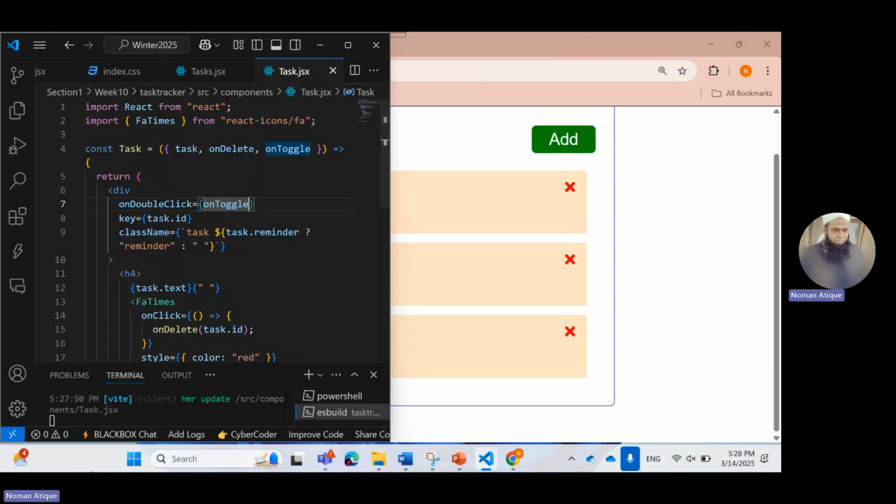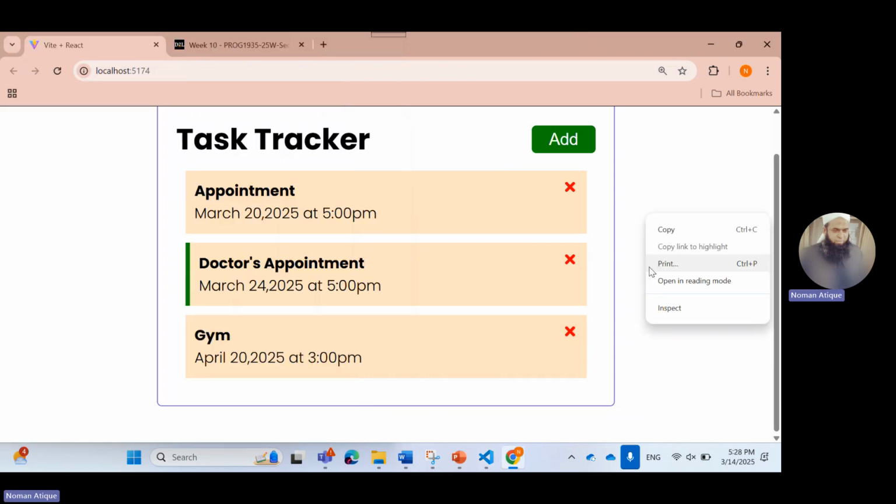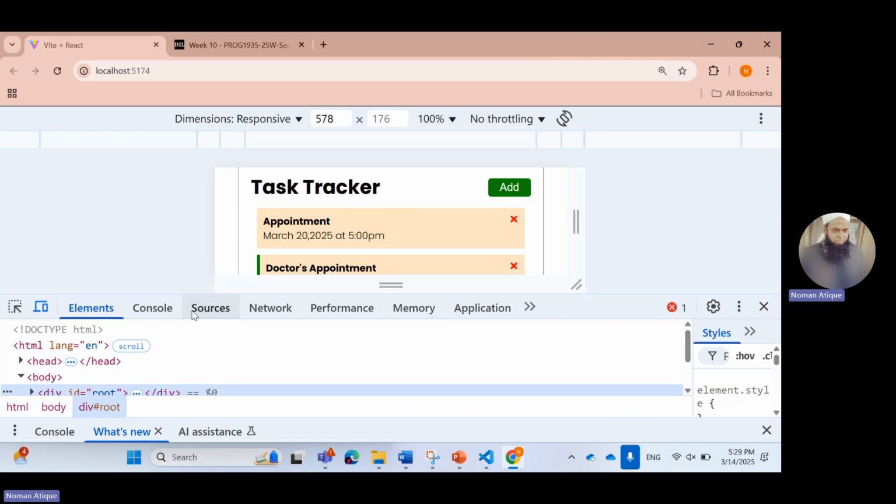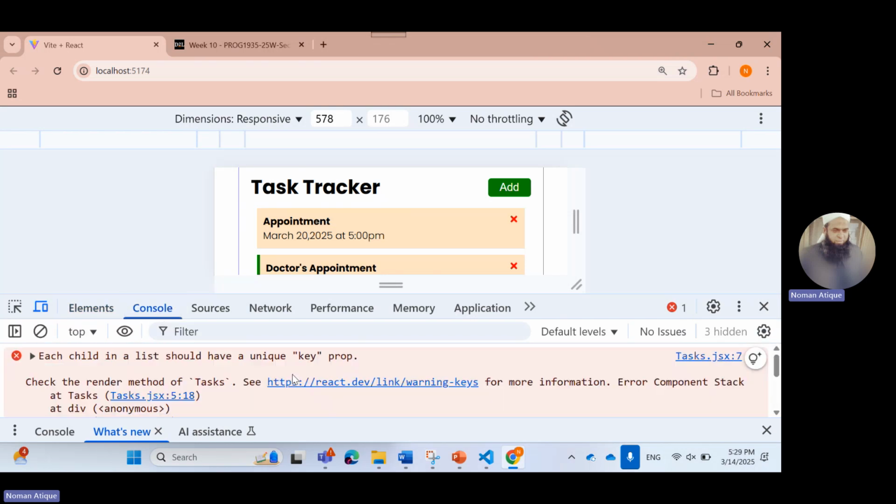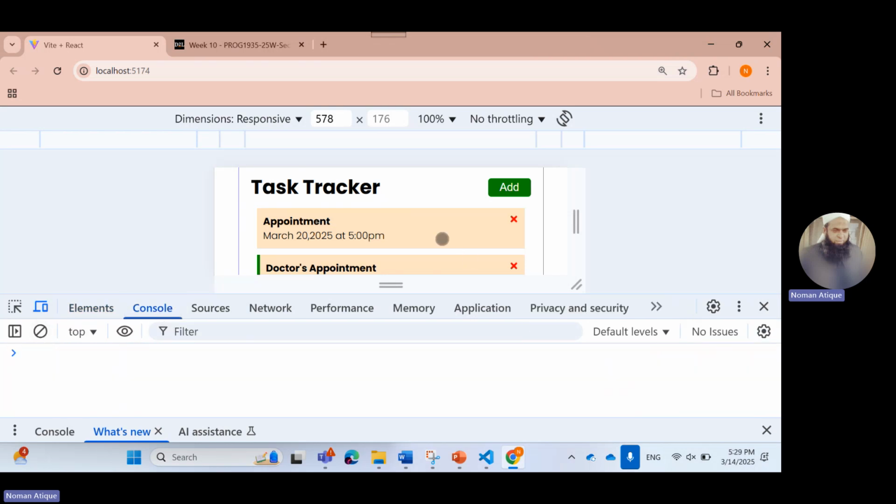onDoubleClick is equal to onToggle. Can you guys also check that one? Because sometimes, for my system, I know that it does not work for me. Oh, see that. It's actually happening. Look at that. If I come here and I double